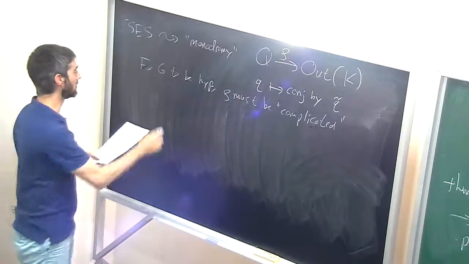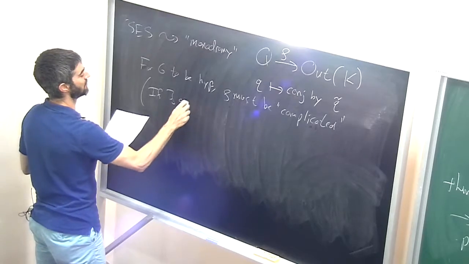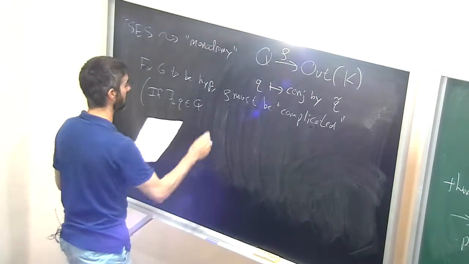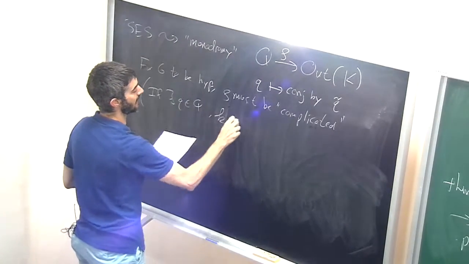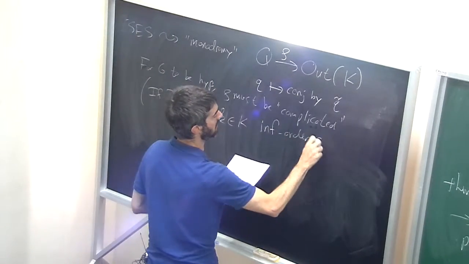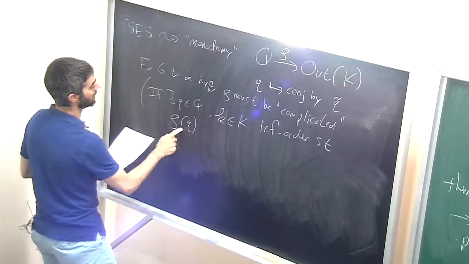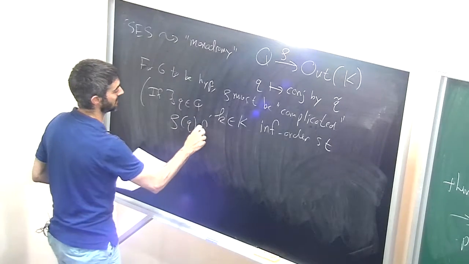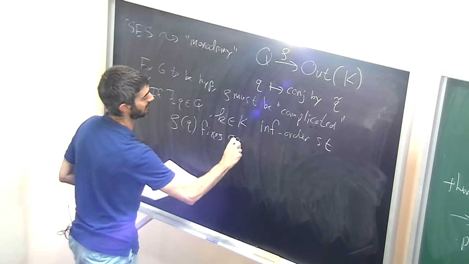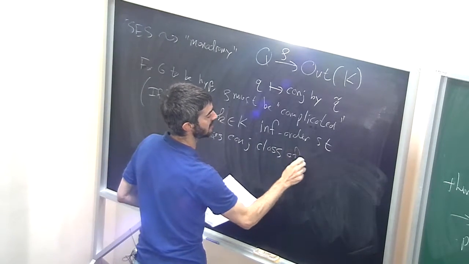So for example, if there exists something in Q and something in K of infinite order, such that this outer automorphism fixes the conjugacy class of K,